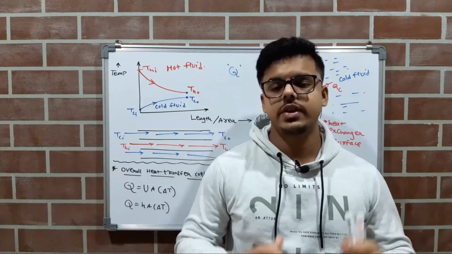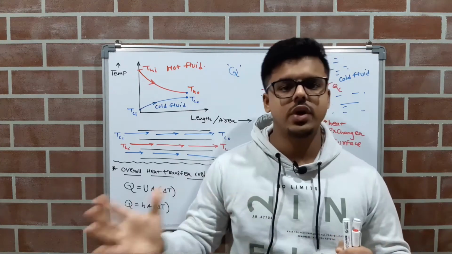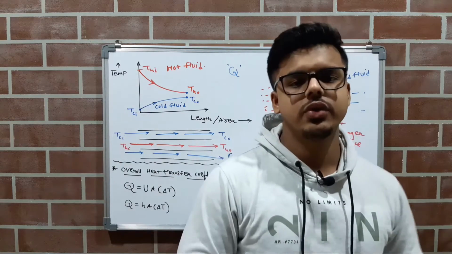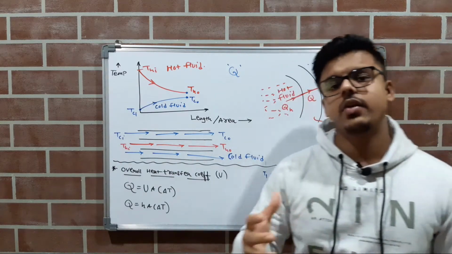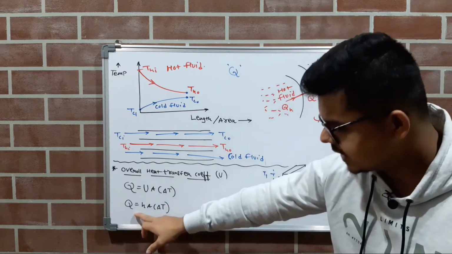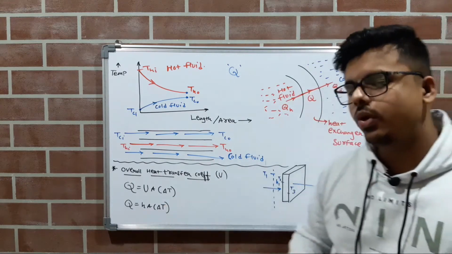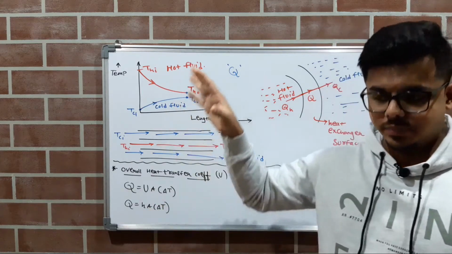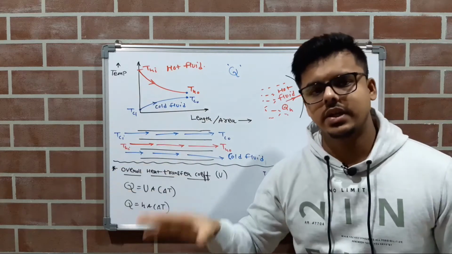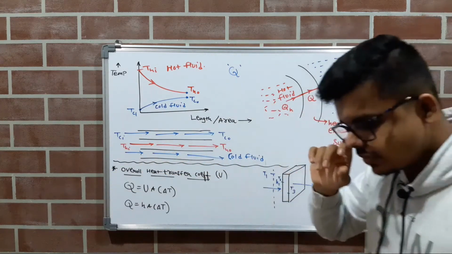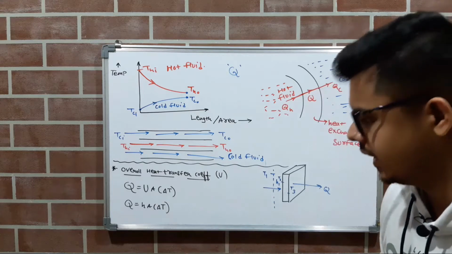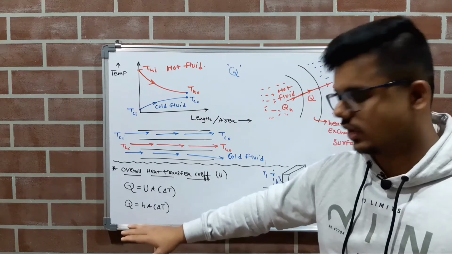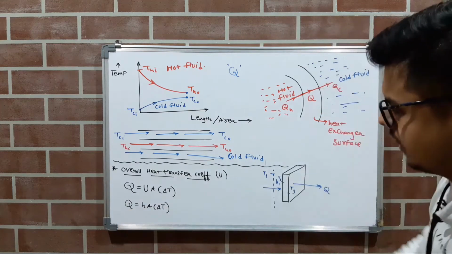Now, before discussing what the overall heat transfer coefficient is, I want to refine the knowledge of Newton's cooling law. So what was Newton's cooling law? Newton's cooling law is the governing law for convection, which is given by Q equals hA delta T. Now, if you don't know how this law came about, then I suggest you have a look at my playlist, where you can find the video on this. I will provide the video link in the description also.